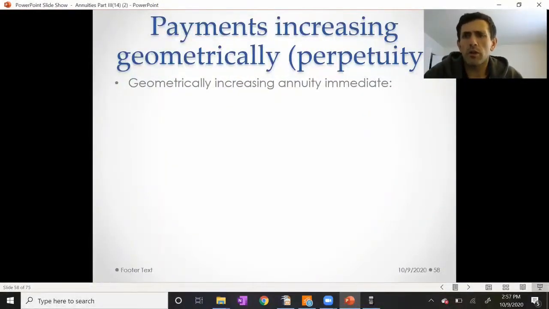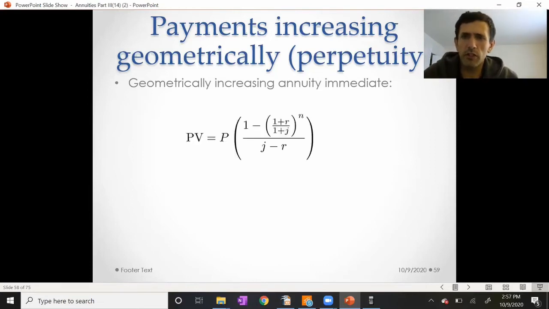Okay, so what I want to do now is finish up annuities. So let's talk about annuities in perpetuity where payments increase geometrically. So remember, if we have an annuity immediate where payments increase geometrically, then the present value is given by this formula. So here, N is the number of payment periods, J is the per period interest rate,